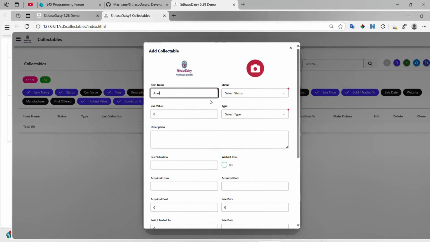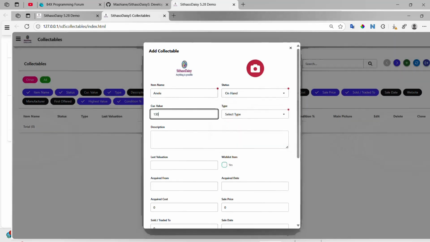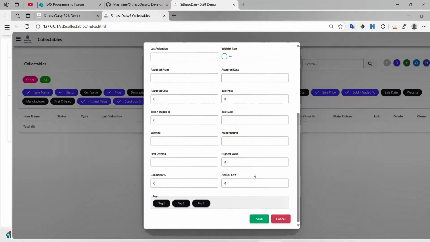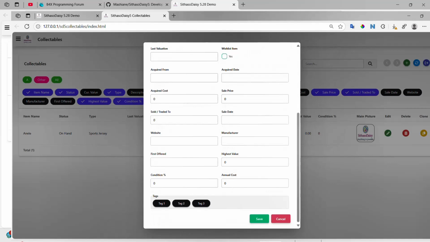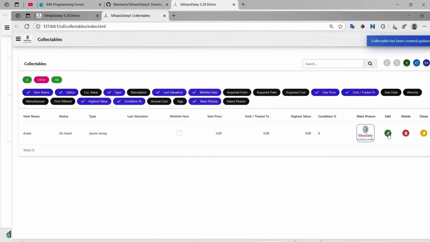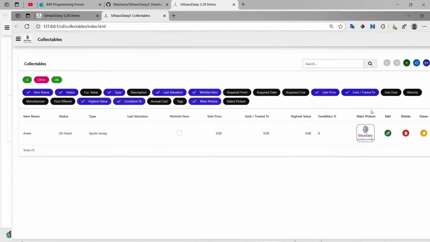Let's just test again. Status on hand, current value 130. Select type is sports jersey. And then we save. Okay, so this one is saved because we have not specified a tag. So I just have to fix the issues of the tags. Let me see if I select the tag. Okay. But anyway,